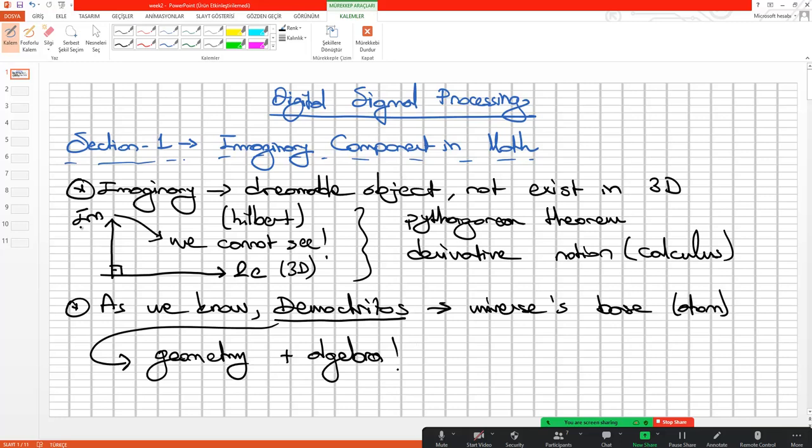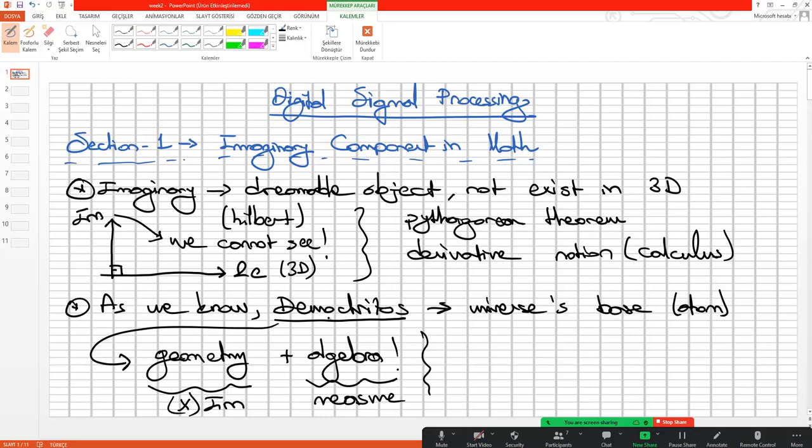We may not see this imaginary axis, but if we use geometry and algebra, we can see the results of these terms. We don't have any imaginary geometrical representation in real, physical life, but we can model it using math in here, and also we can measure the algebraic results of these terms. So